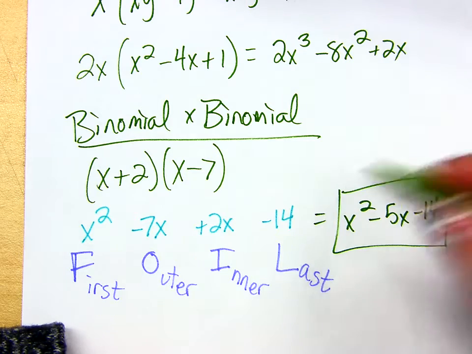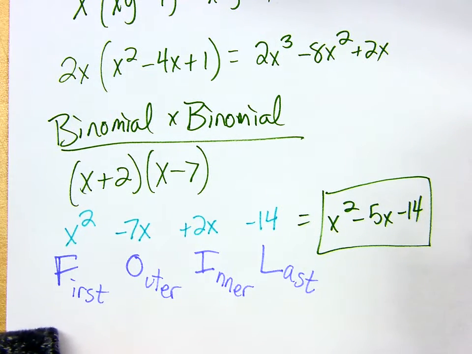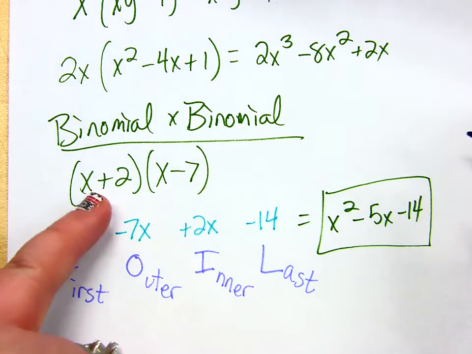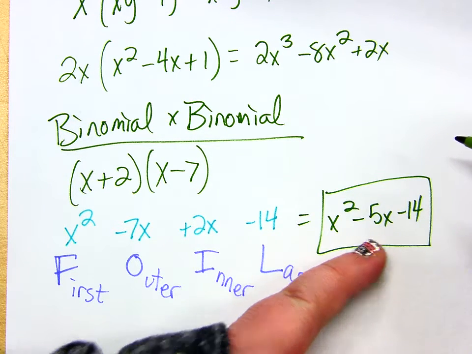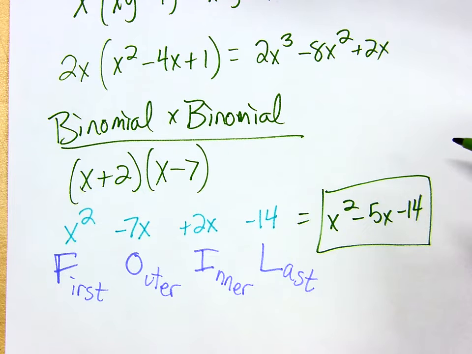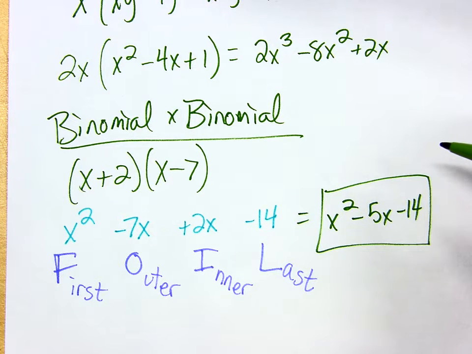There is my final answer. So when I multiply these two binomials, this is what comes out. FOIL only works for a binomial times a binomial. That's the only combination. But you're going to be doing so much foiling,